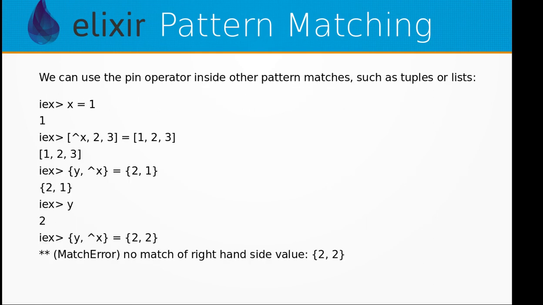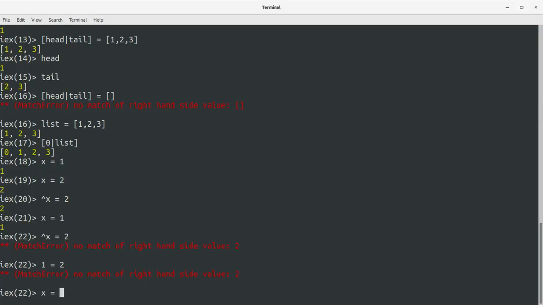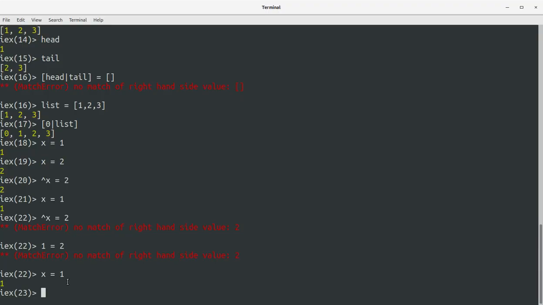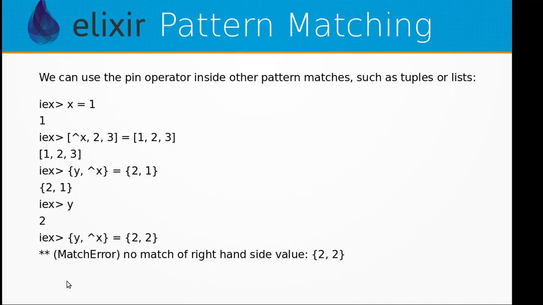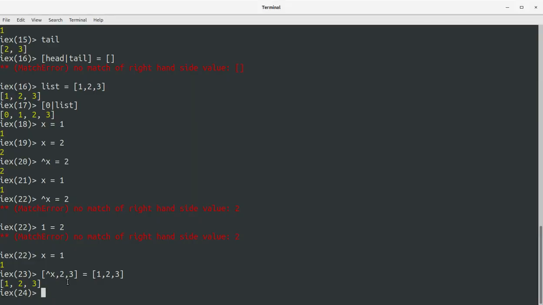We can use the pin operator inside other pattern matches such as tuples or lists. So let's do that. x = 1, and let's try the pin operator within the list: [^x, 2, 3] = [1, 2, 3]. So x has the value 1. If I press enter, we get the pattern matching. Now let's try with {y, ^x}